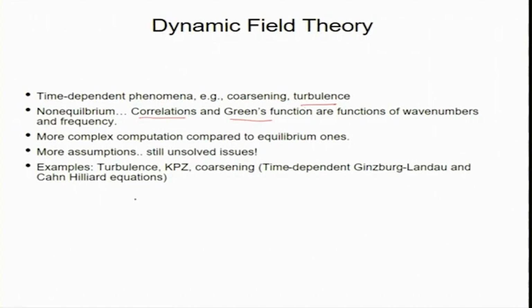These are some examples, okay, like turbulence, KPZ, Kardar, Parisi, Zhang, okay. The KPZ is short form for these three people. Time dependent Ginzburg-Landau, Cahn-Hilliard. Coarsening is pattern formation, okay, essentially. So, in nature a lot of pattern formation can be explained using this coarsening equation,